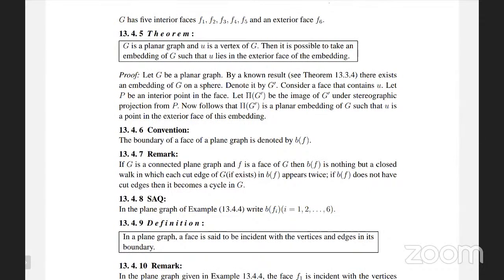The embedding means it is connected, of G, such that u lies in the exterior face of the embedding. The interior is not there. If we prove that, it comes to the exterior. If I take the stereographic projection, if I take the stereographic projection,